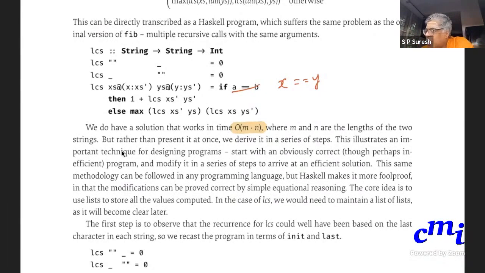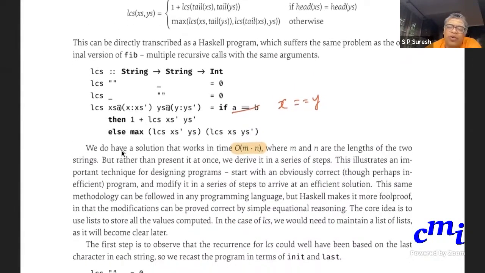Okay, as I mentioned here, this is an important technique for designing programs. Start with an obviously correct program which might perhaps be inefficient, and modify it in a series of steps to arrive at an efficient solution.